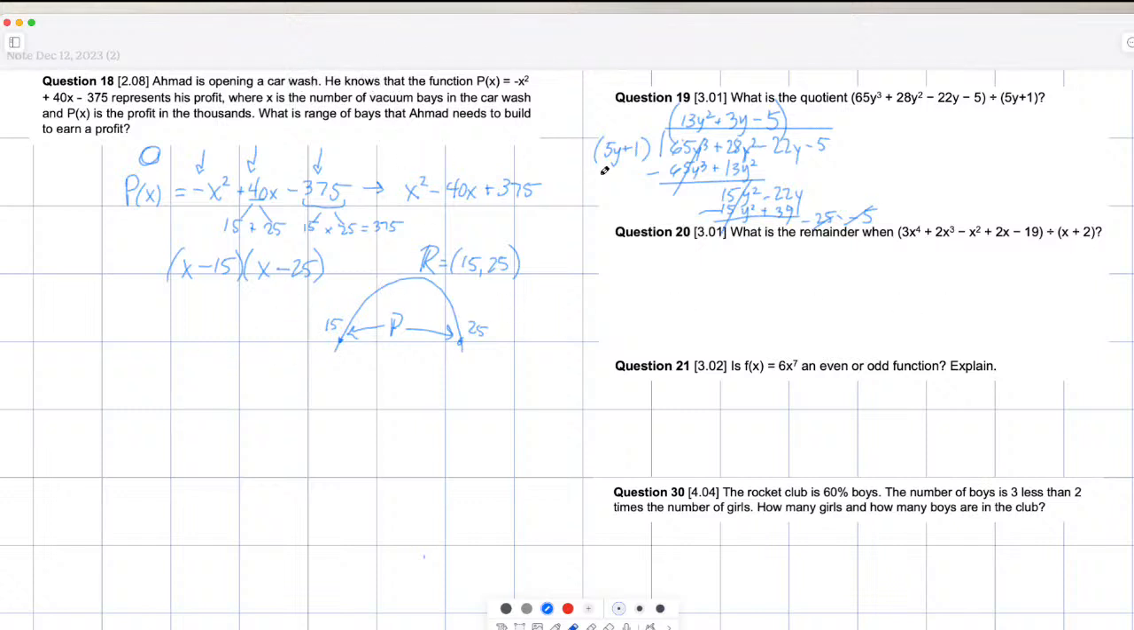All right, so number 20, what is the remainder when 3x to the 4th... That is done the same as above. You're going to end up with something that does not factor out at the end, and so that's going to be this over this as your remainder up here. So take that same thing, 3x to the 4th plus 2x cubed minus x squared plus 2x minus 19, and then divide by